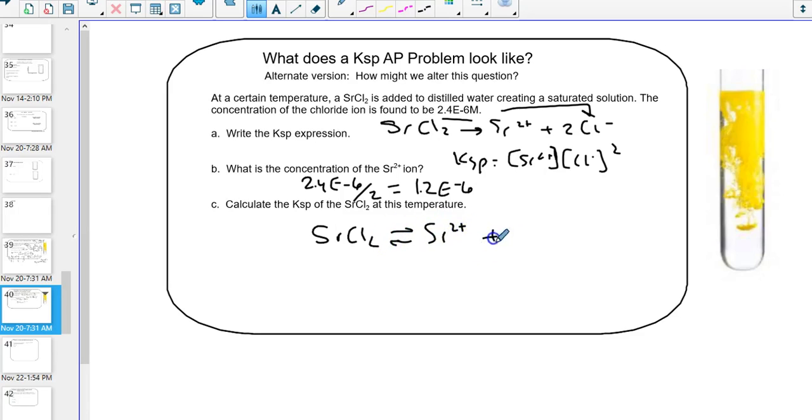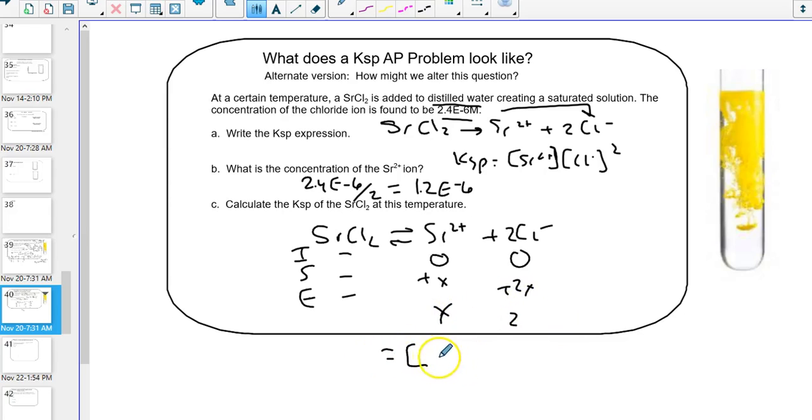Strontium 2 plus, Cl negative. Initial, stoichiometric ratio, N, not playing a role. 0, 0. You can dissolve it in plain distilled water. That's why those zeros are there. Gaining x of this, gaining 2x of that, x and 2x. And we know these values. So equals concentration of